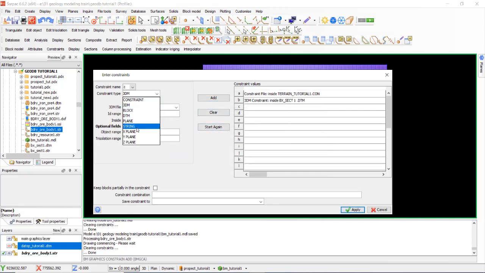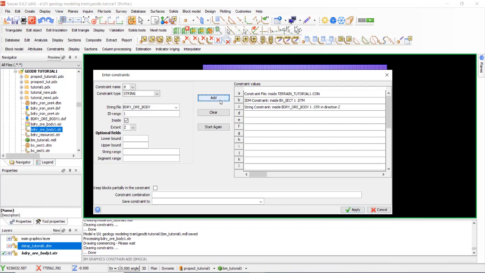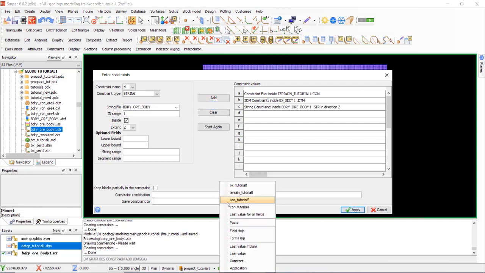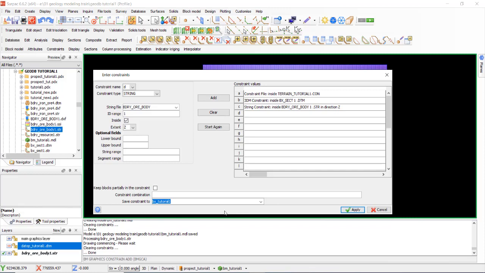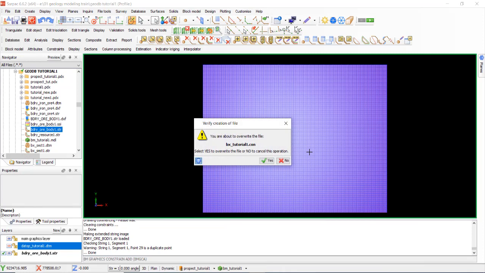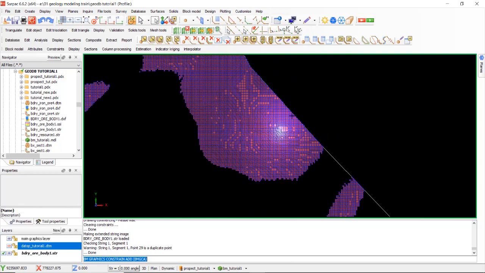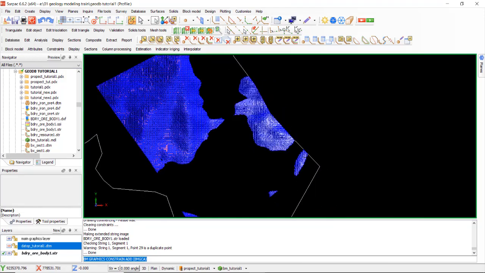And select string, the boundary of our body, of our formation. Open, add, select the same name, Brexia tutorial 1 layer, apply. Okay, it matches the boundary of formation.